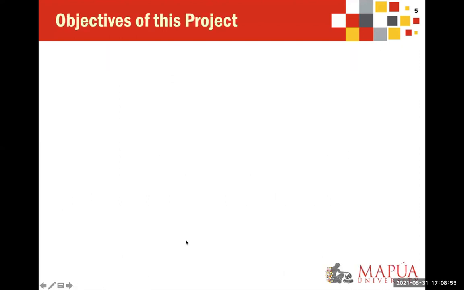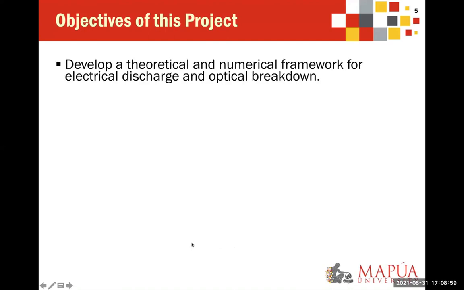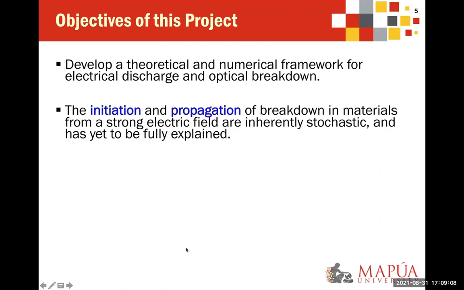There are 3 objectives for this project. The first is to develop a theoretical and numerical framework for the process of electrical discharge and optical breakdown. The initiation and propagation of breakdown in materials due to a strong electric field is inherently stochastic and also complex. This has yet to be fully explained, thereby a percolation model from our system may be a good starting point